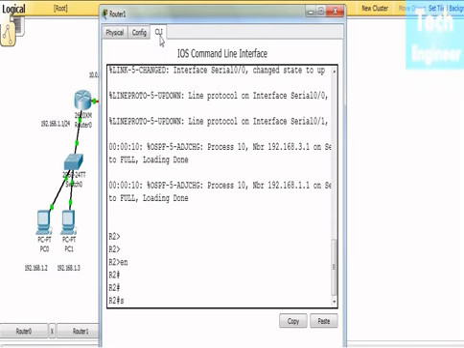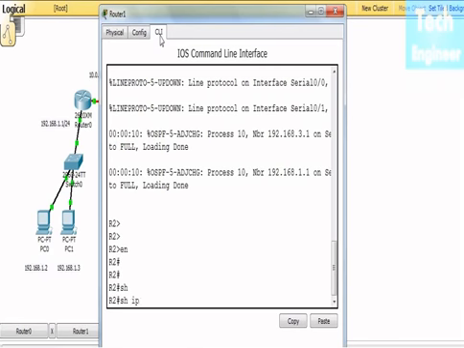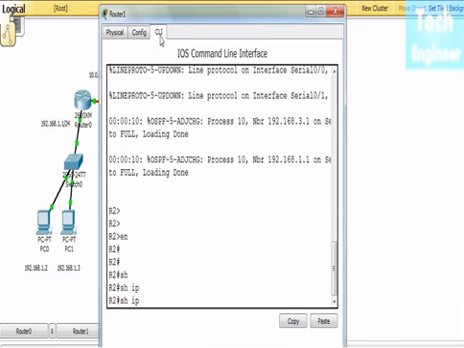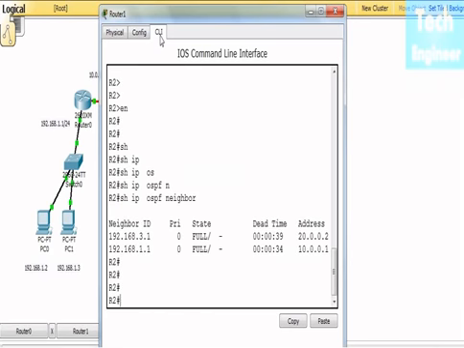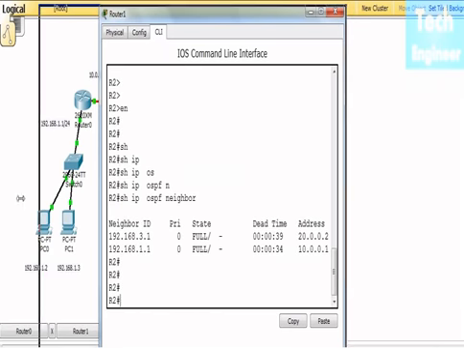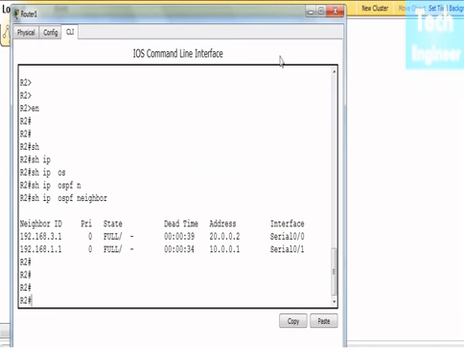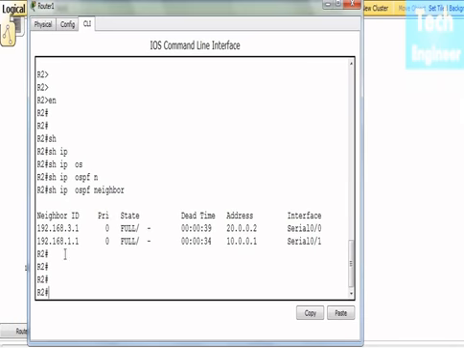In fact, you can check it at router 1. Enter enable and then show ip ospf neighbor. Once you run this command at router 1, you can find the neighbor IDs. Router 1 has two neighbors: one is router 0 and another is router 2. The neighbor ID is